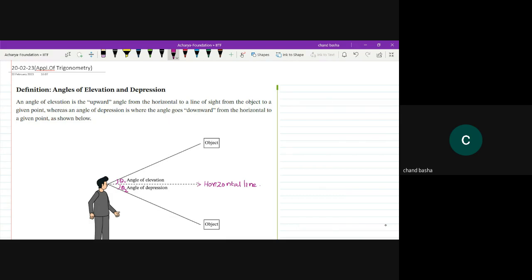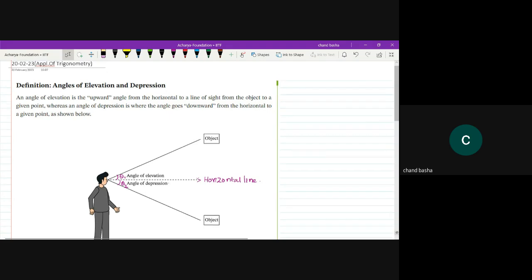Whereas the angle of depression is where your eye goes downward from the horizontal to the given point, as shown in the figure. Only 2 points are going to be remembered, and based upon these two concepts, we are going to discuss a few questions. This is one of the most important applications in